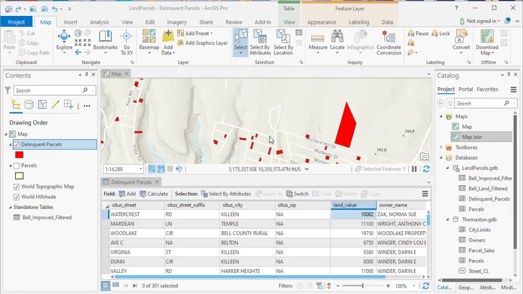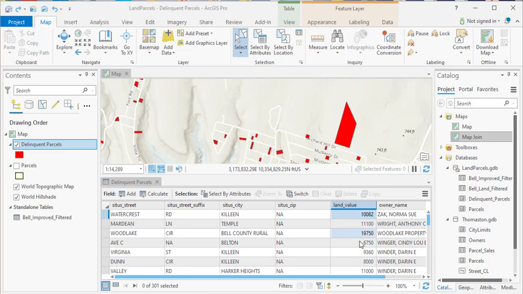In this demonstration, we're going to take a look at some of the column operations that you can work with in table view mode. In this case, I already have the delinquent parcels attribute table open. This corresponds to the delinquent parcels feature class. I've already simplified the column structure for the attribute table, so I've basically hidden a number of the columns that we're not going to be using for this particular demonstration, and this will allow us to focus in on a